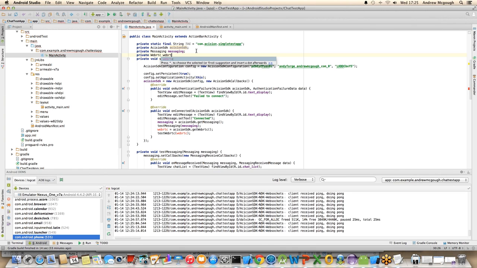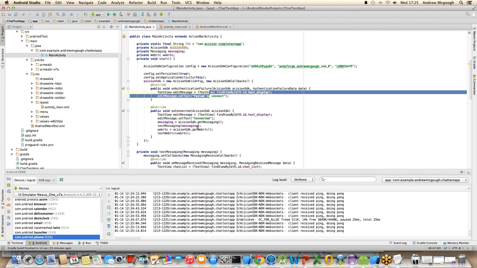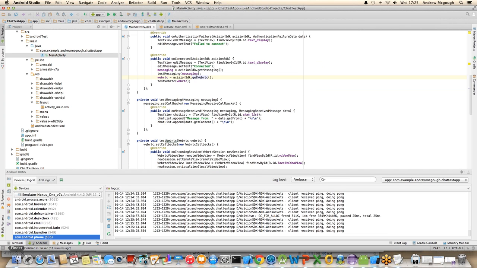Actually, I should sort that out. That's that. So there. I think there's one other little change that I recommend making,